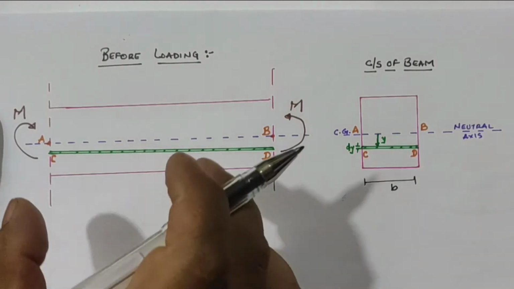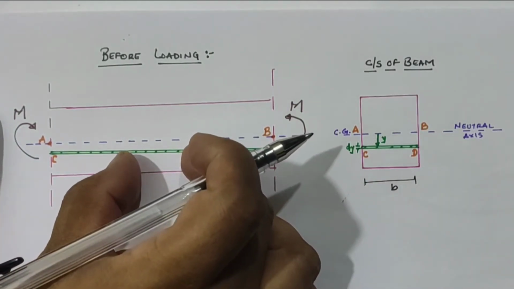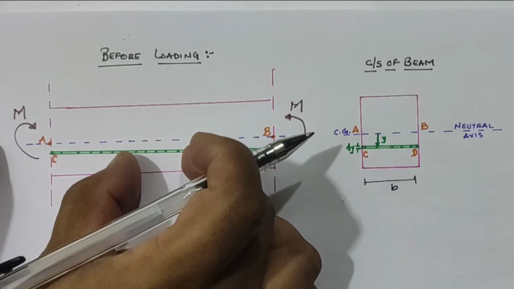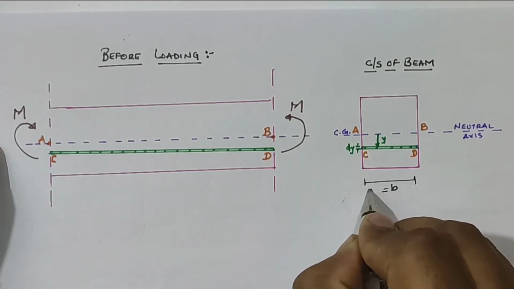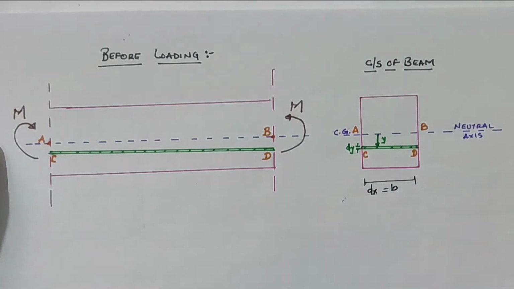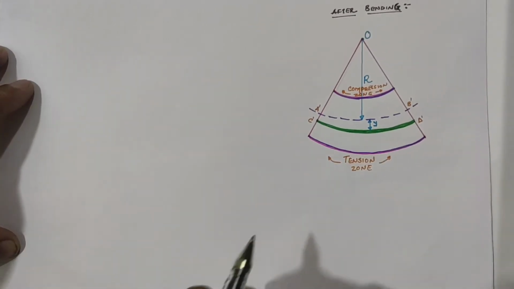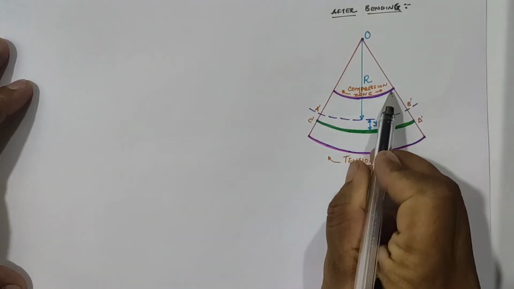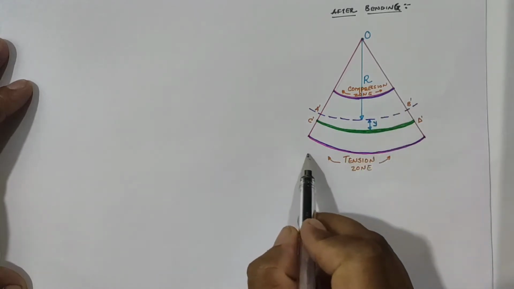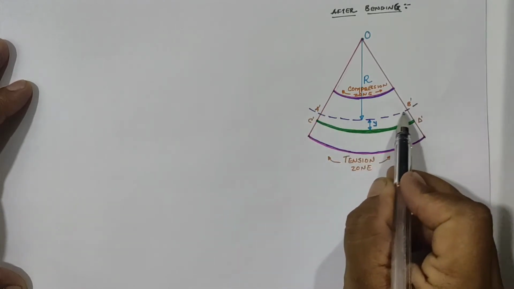And if we assume the length of this cross section of the beam as a very small part of a large beam, then the length of the span is equal to dx, a very small length of the beam. Then the curve is as shown in the figure after the bending, which is a part of a circle in which the top part is in the compression zone and the bottom part is in the tension zone, while a dash b dash is our neutral axis